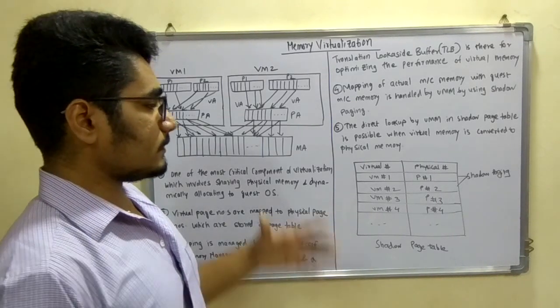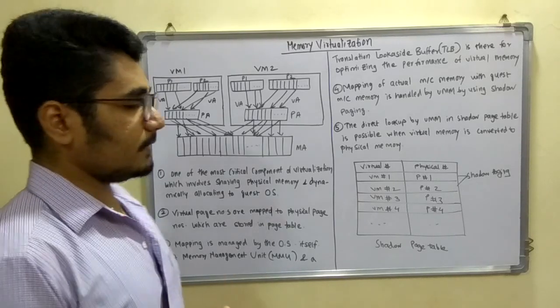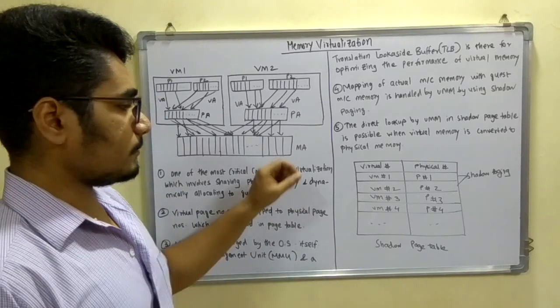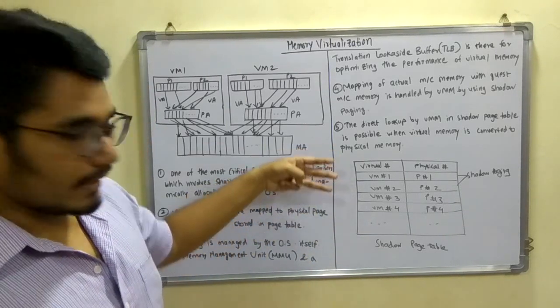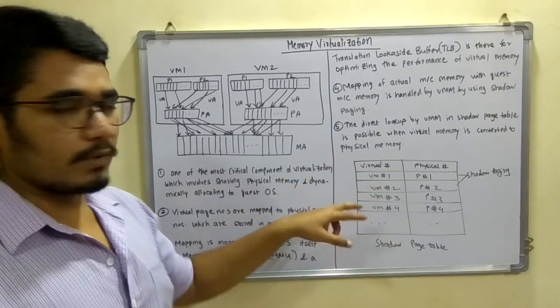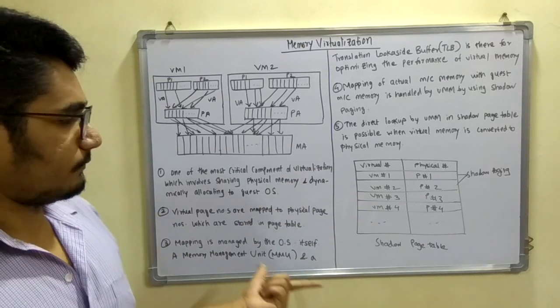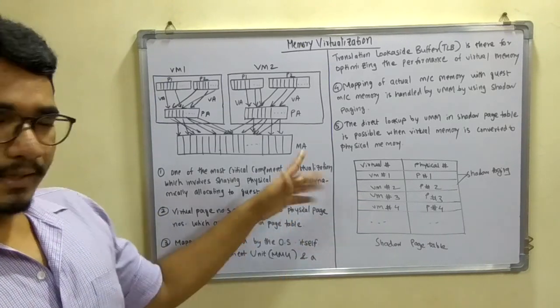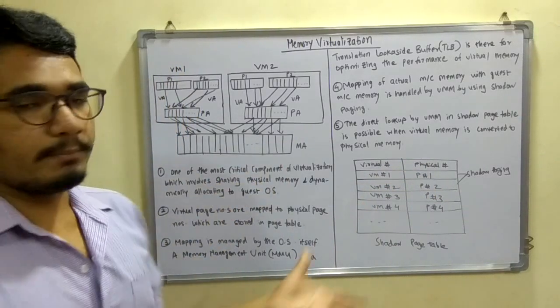This mechanism works internally by means of hexadecimal codes. There is one pointer kept in each virtual machine to the physical machine, and these two are mapped internally, and all of this is managed by the OS itself. So that's a bit of an idea about what shadow paging is. Well, that's about memory virtualization.